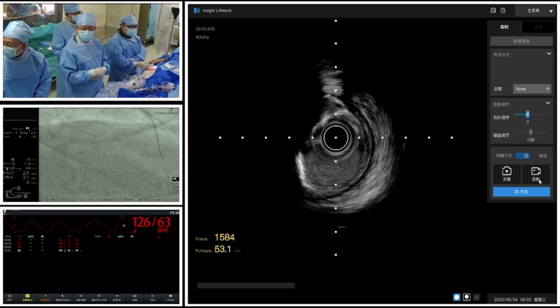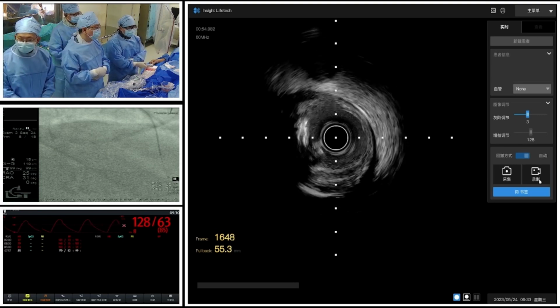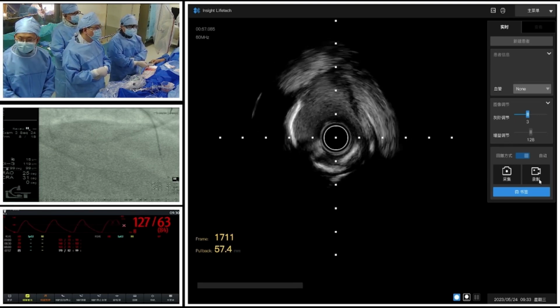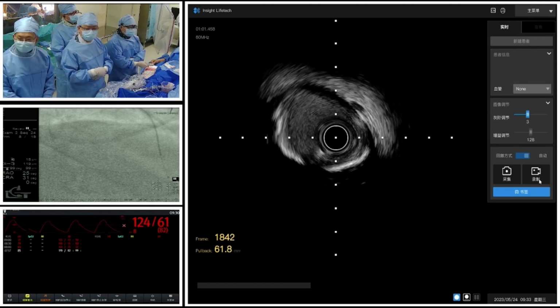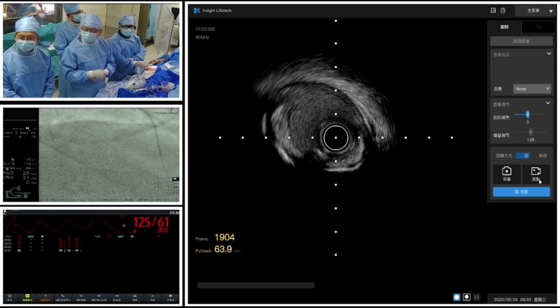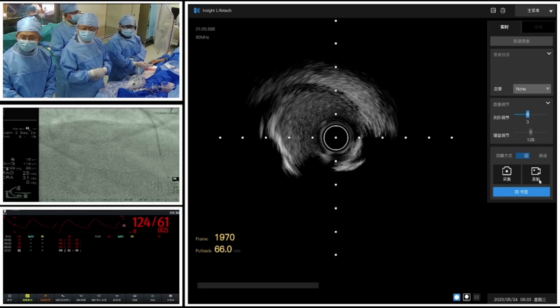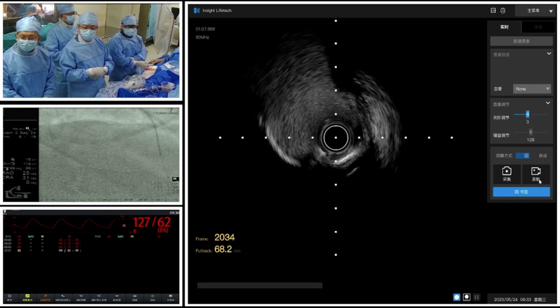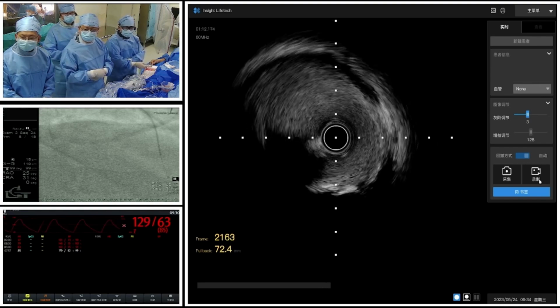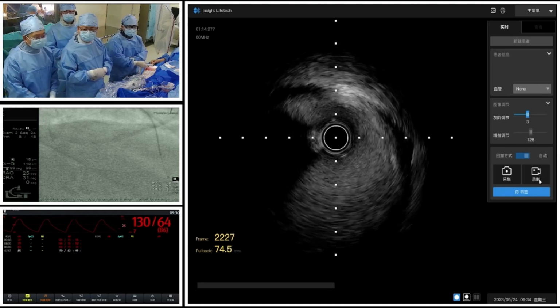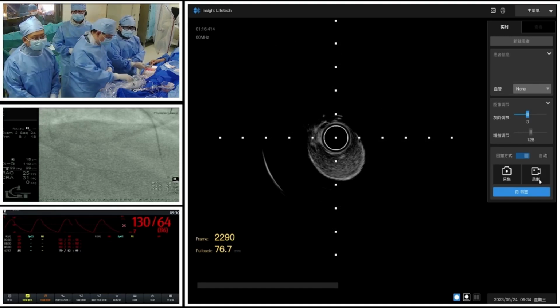Now, after the full pre-treatment with rotational atherectomy and IVL, we now perform the intravascular imaging again to evaluate the result of our pre-treatment, and next